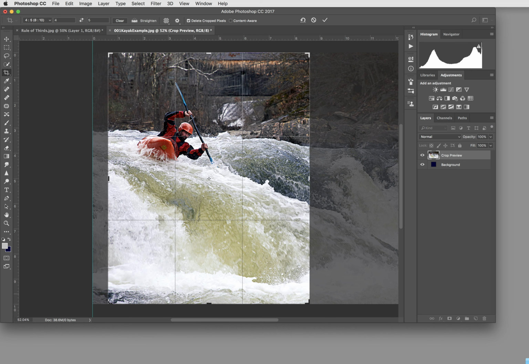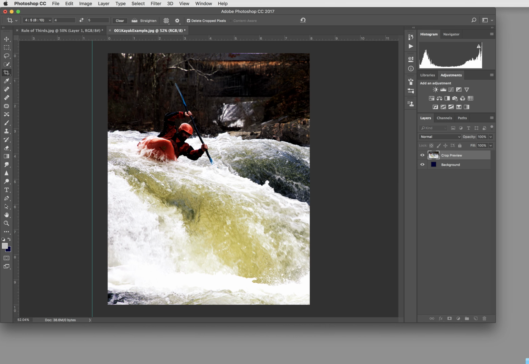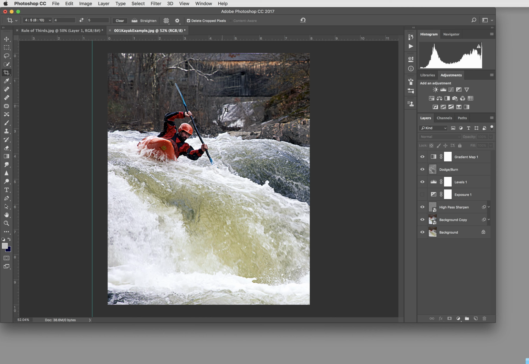So even though he's not centered, this is a natural place to look. We tend to accept when things are right here on one of these intersections of third lines, or on a 1/3 line horizon, or a 1/3 line vertical. So if I like where I am, I just double click, and there's my image. Okay,